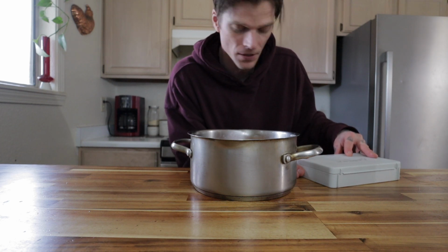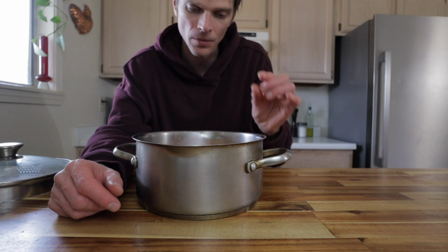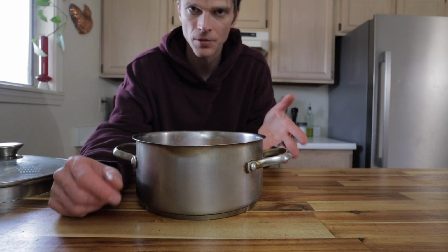So like I said, you can cook the sauce. You don't have to cook the sauce, kind of whatever it is that you want to do. Put this on the stovetop, about medium heat, and bring the liquid up to a boil, and then reduce that heat to a simmer and let it simmer for about 20 minutes. And